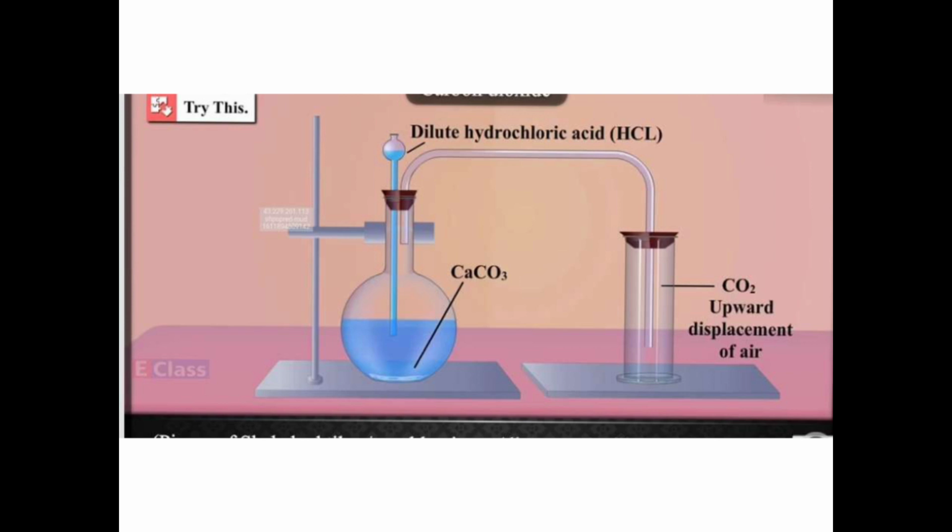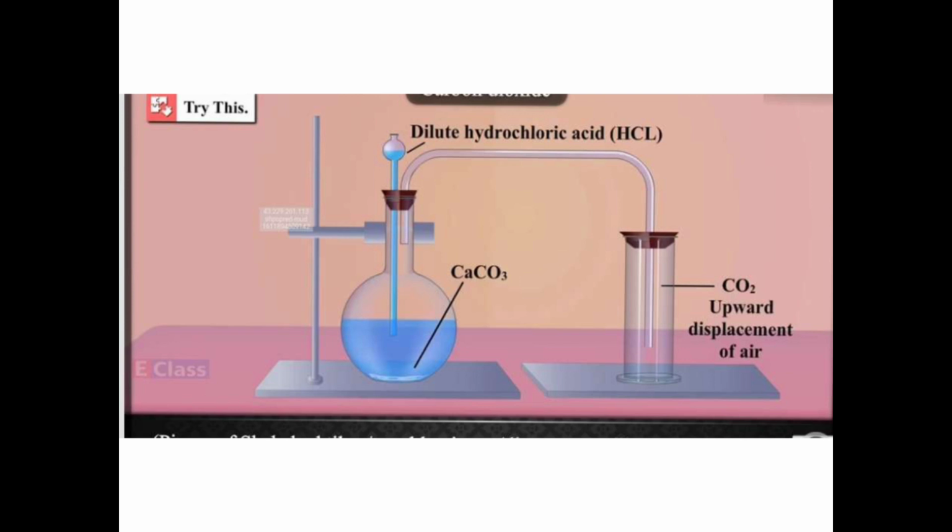Okay. So children, this diagram is important. Sometimes 5 questions are asked with this diagram: what is the reactant, what is the product, whether the gas is acidic or basic, what is the effect on the litmus paper, etc. So this diagram is important. The diagram itself can carry 2 marks, or a question based on the diagram can also be asked. So let us pay attention. You are going to assemble all the apparatus as shown in this slide.